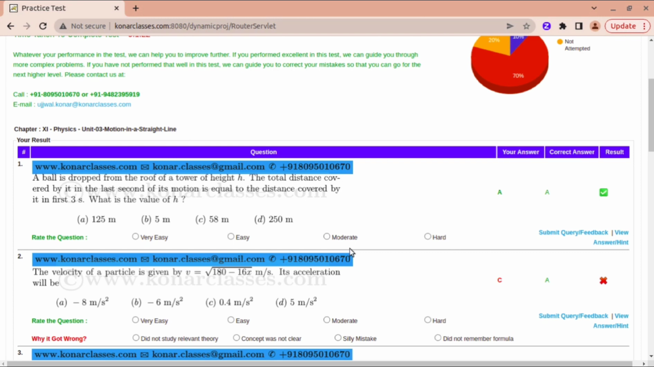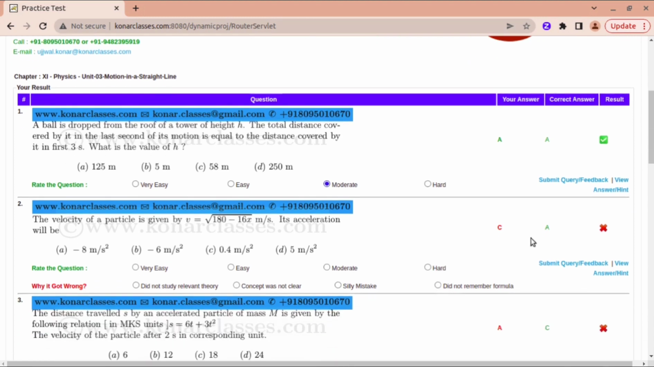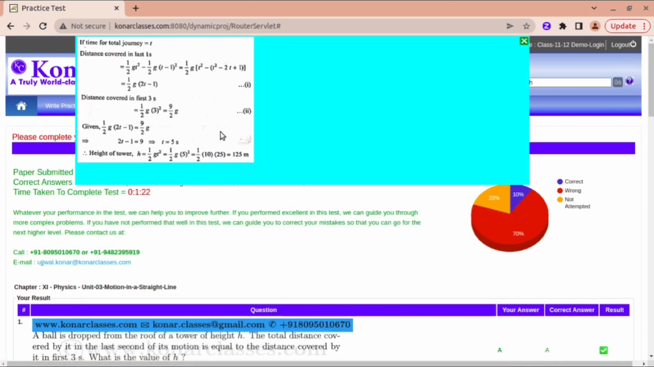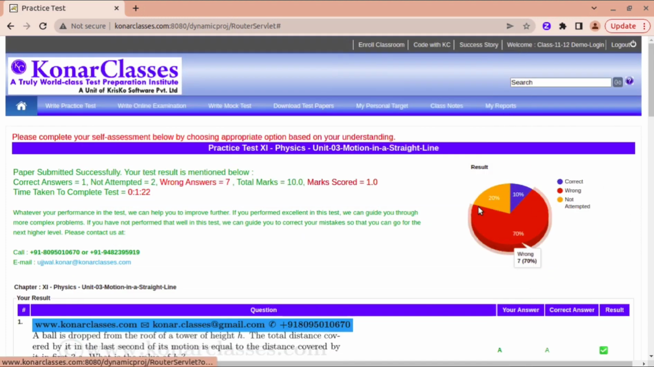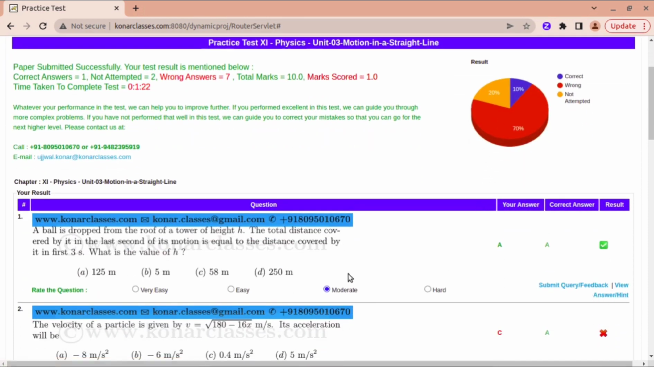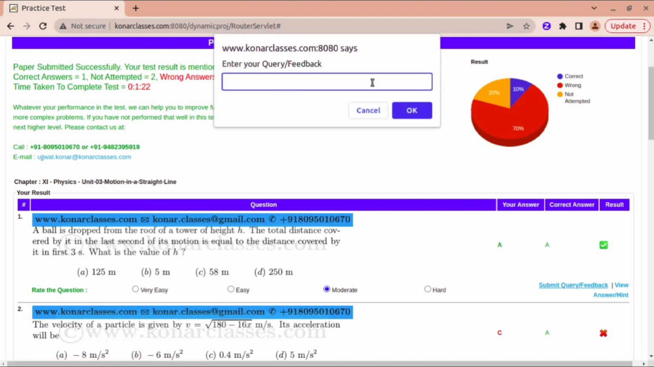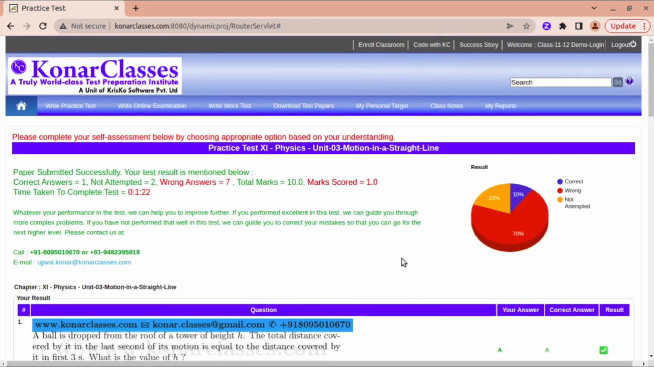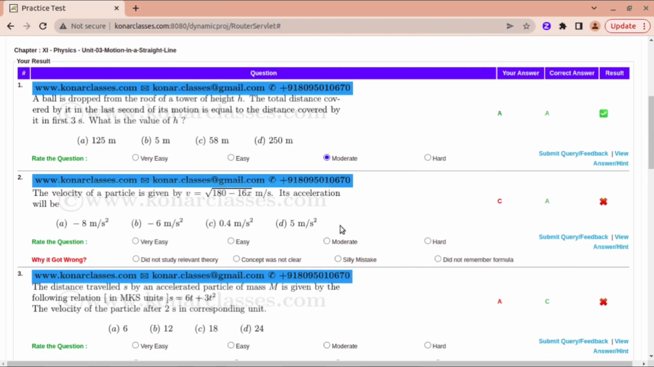Suppose this question is moderate, I am writing it here. By the way, if you click on the view answer hint, you will be able to find the answer to this particular question. And if you have any query for this question, then you can click on submit query feedback, and you can write your feedback, and once you click OK, the message will come to us. So I will show you with one question where the answer is wrong. For example, in the second